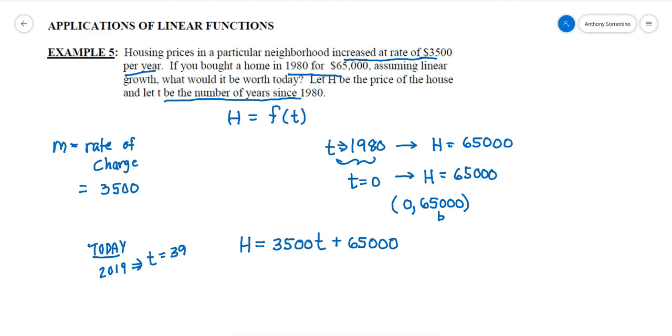So for me to figure out the price of the house today, I want to figure out what H of 39 is, which is going to be 3,500 times 39 plus 65,000. And if I work that out,